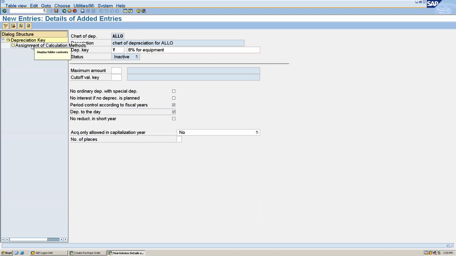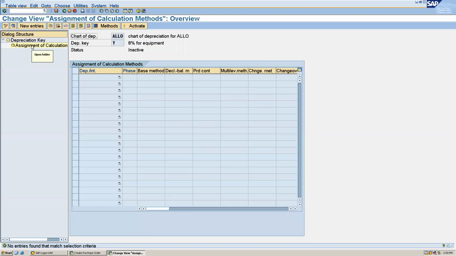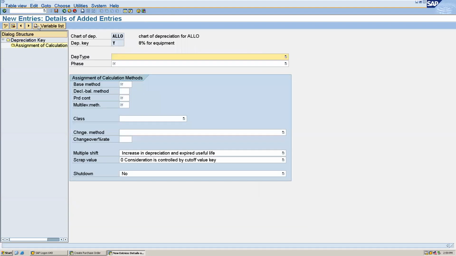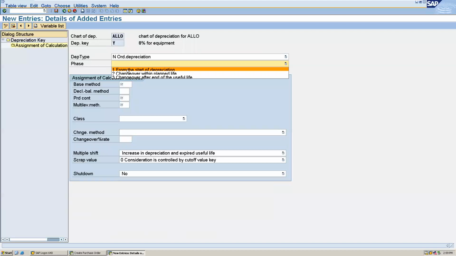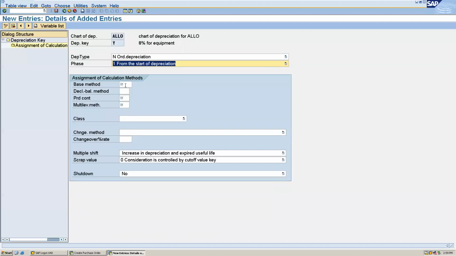Okay. Next, assignment of calculation methods. Okay. Here, click new entries and the depreciation type, which will be ordinary depreciation. And the phase we have to give is from the start of depreciation. Base method, the standard one we have to maintain. Okay, 0014. And the declining balance method, we have to give 001, standard one, 001.